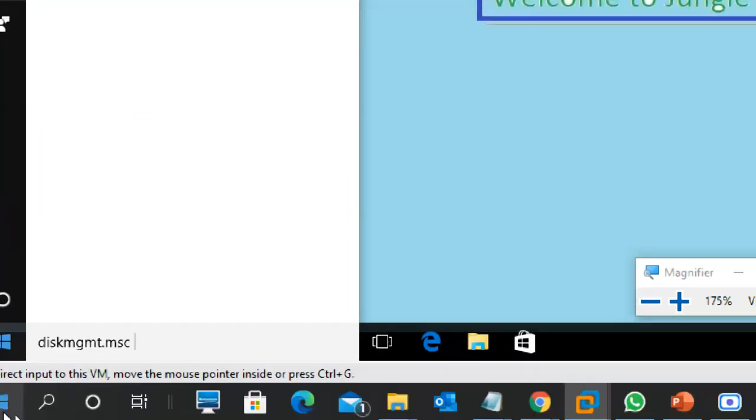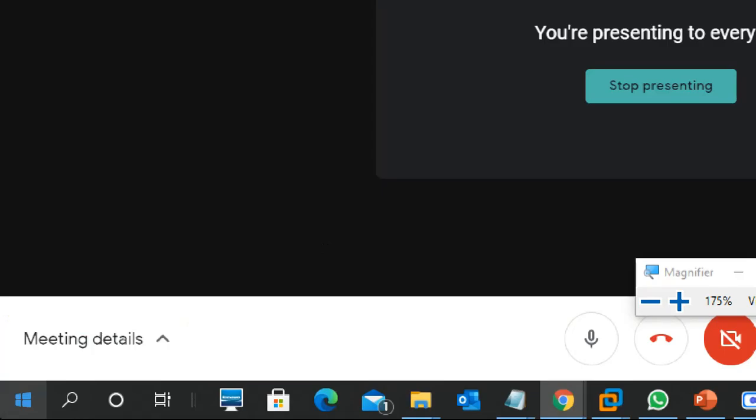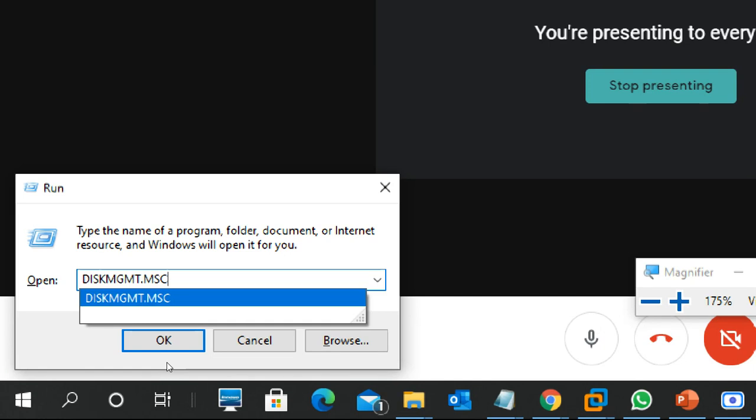It is not searching. Why is it not searching? Okay, I will show you on my physical machine only. So I open Run, and type diskmgmt.msc.